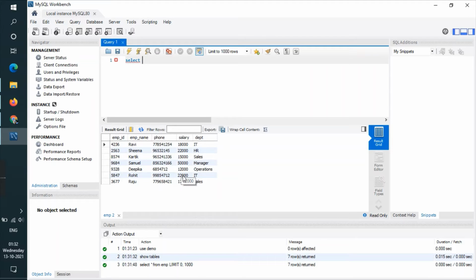So select star from EMP where salary between 15,000 and 22,000.